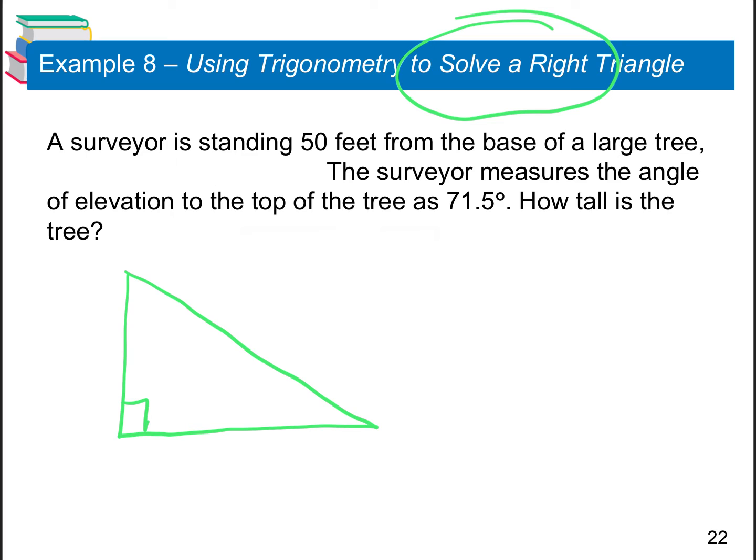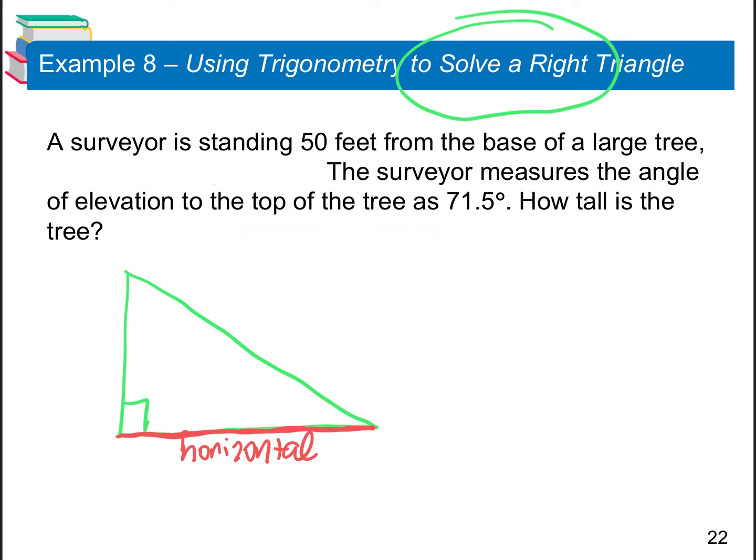It doesn't matter how you draw it, if you want to draw it with the right angle on the bottom left, right angle on the top right, however you want to. You need to understand the makeup of a right triangle. This would be your x-axis value, your horizontal. I'm going to talk about it as the horizontal versus the vertical. This is your horizontal. It's similar to your x-axis, but horizontal, we usually talk about how far something is away